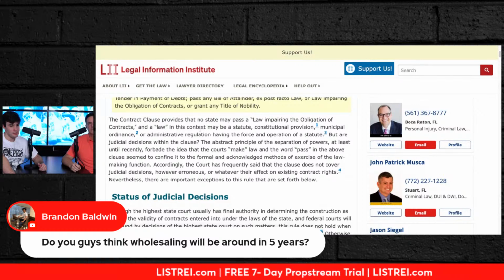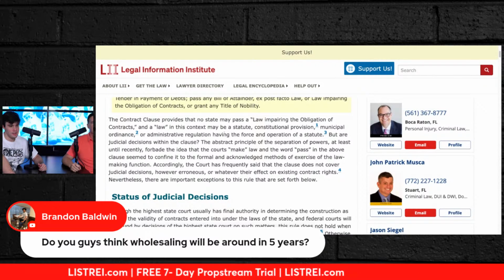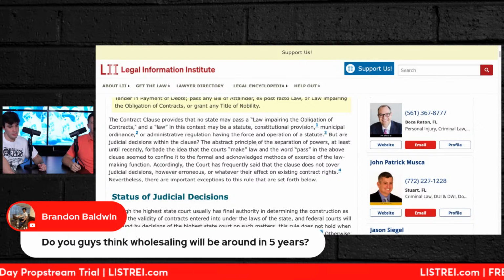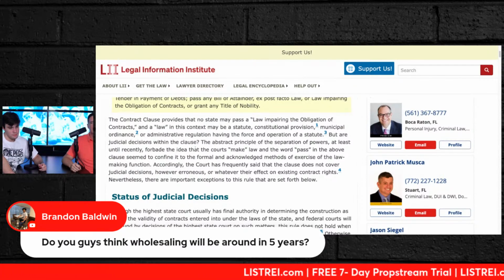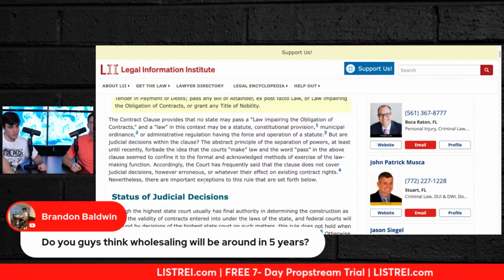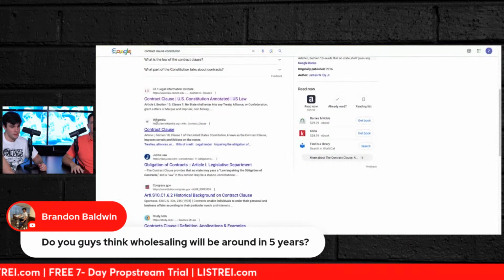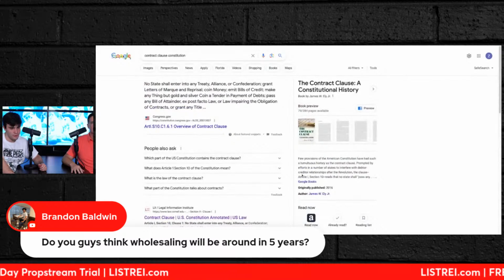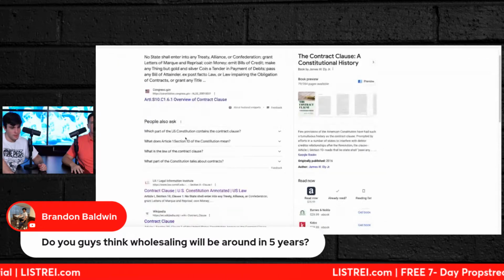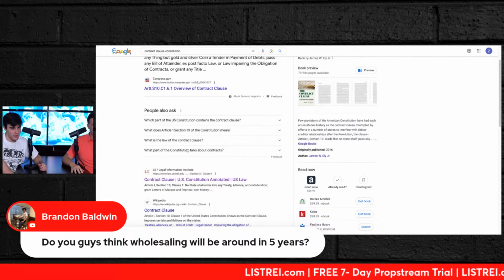The obligation of contracts, and basically what they're saying here is the Contracts Clause. This is all legal jargon, judicial decisions, constitutional rights. And so we have a right to form contracts. It basically just allows you to write contracts. And so what it does is there's no law that can be passed in the United States